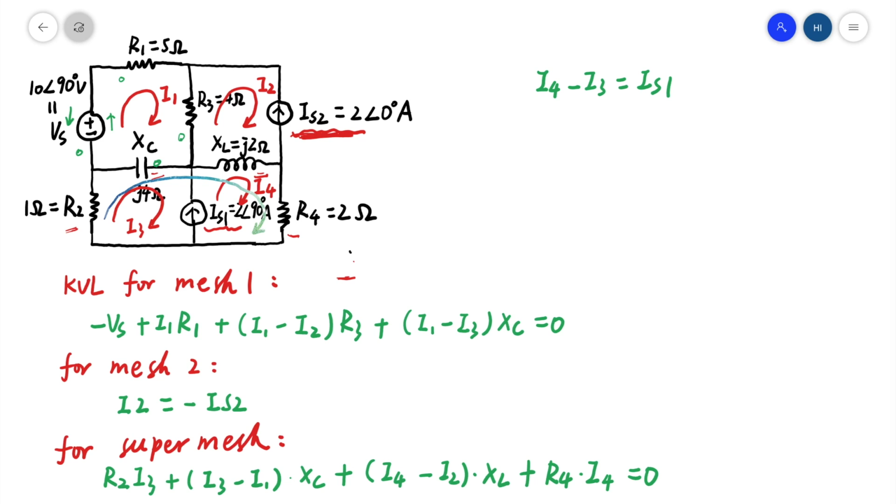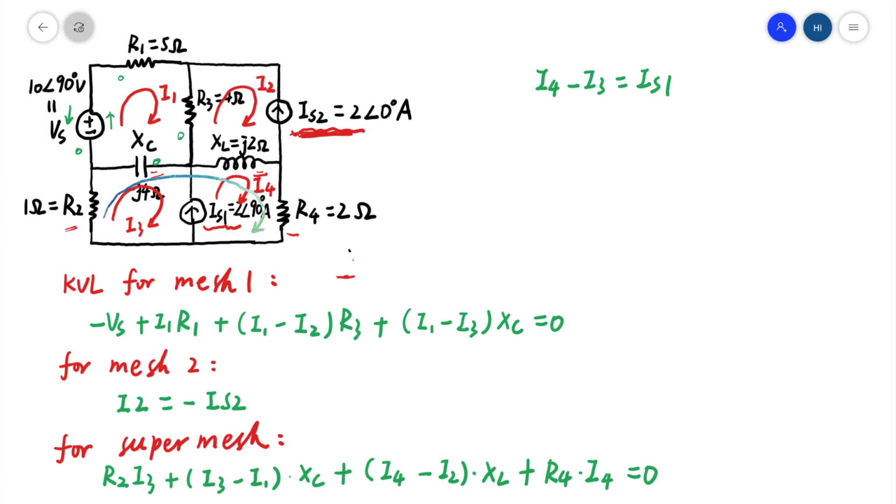After we list everything, we could get four equations. 1, 2, 3, 4. And except for I1, I2, I3, I4, all other values are given. Four variables, four equations. We could combine and solve these four equations and get I1, I2, I3,